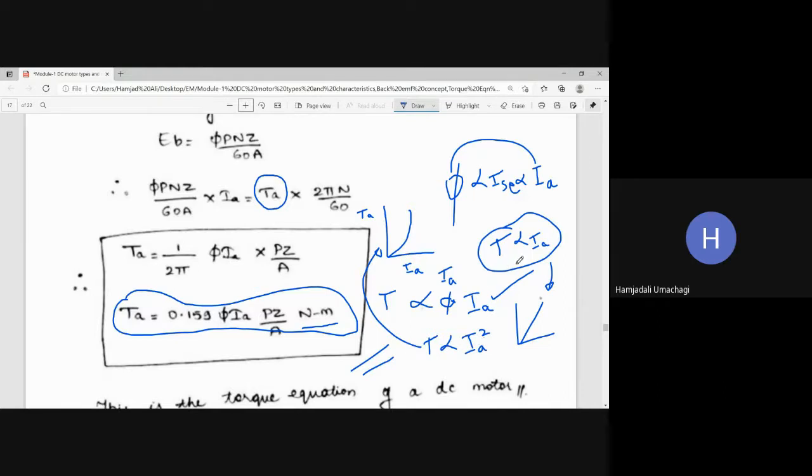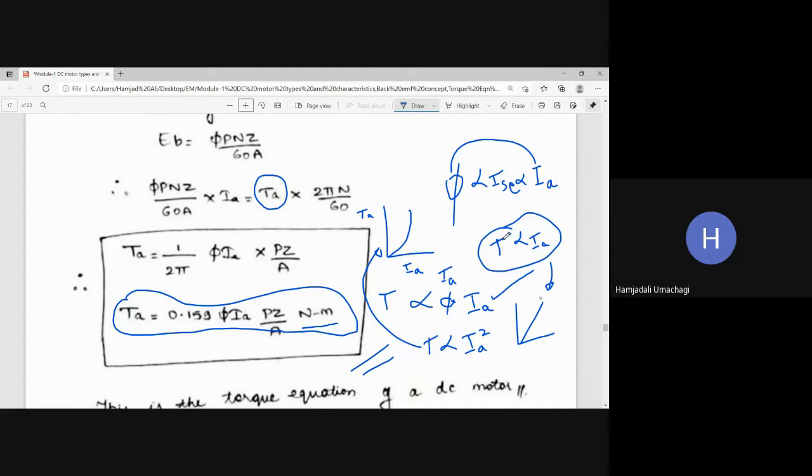Based on this, I can say that the DC shunt motor is used for constant torque applications, for example lathe machine, milling machine and so on. There you can make use of DC shunt motor. But the DC series motor is characterized by high starting torque and high power. So wherever you want high power applications, like lifting of cranes, elevators, and traction, traction meaning electrical trains, there you can find the use of DC series motor. So this will tell us where to use the appropriate motor.